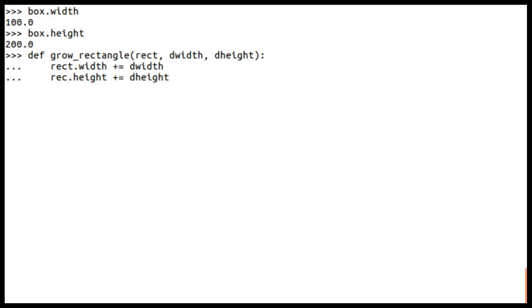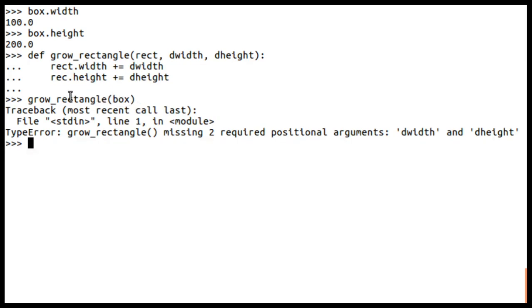Right, so now if I call this function grow_rectangle, I'll pass the box rectangle to this. Remember, before calling this, the box width is 100 and box height is 200, and now I am calling grow_rectangle.